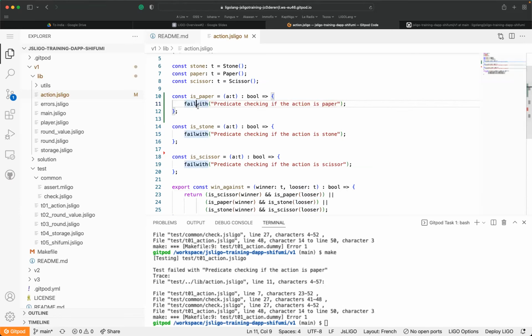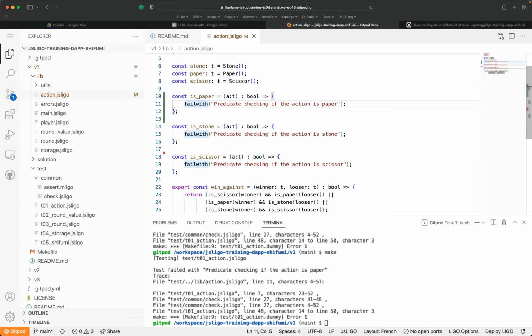So we are going to solve this one, this fail with. Fail with is how to raise an exception in JsLIGO. This is the real native function, and it is a polymorphic one. So once you call fail with, the result is the type you are waiting for, which is bool.